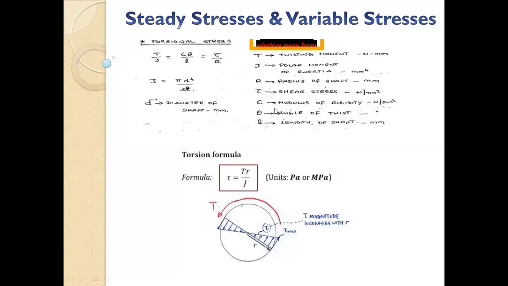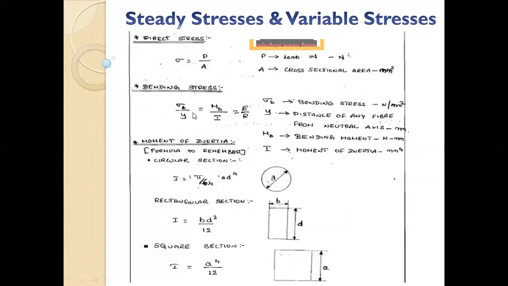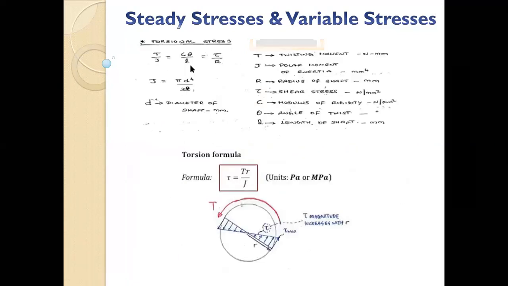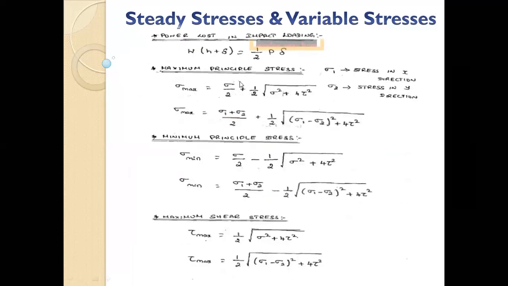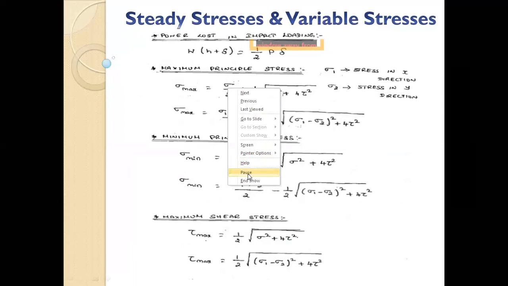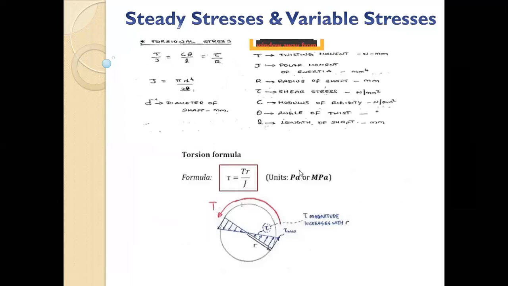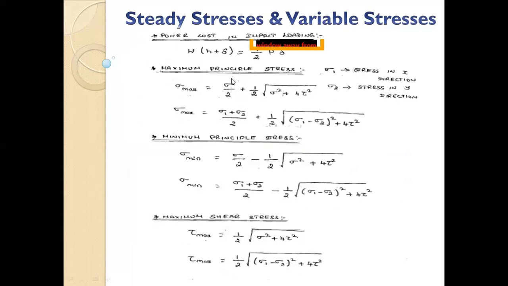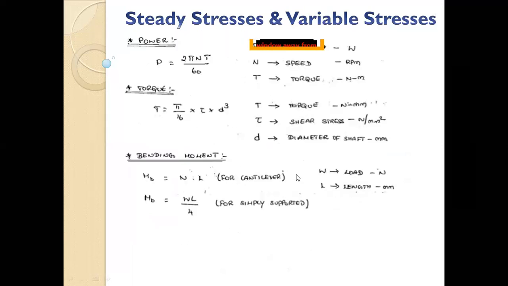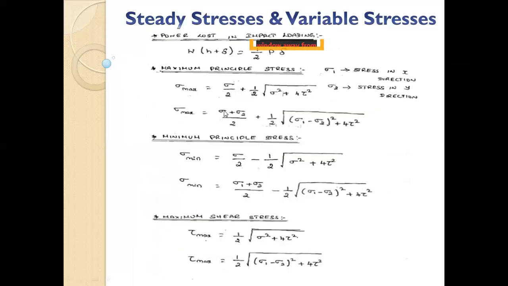Okay. So you just remember these two equations by heart. Bending equation M upon I is equal to sigma B upon Y is equal to E upon R. And for torsion equation, T upon J is equal to G theta by L is equal to tau by R. Just these two equations are very, very critical, and you have to keep those in mind all the time. Because the design we did, we took a little bit more time for that. So I will not be able to finish the minimum and maximum principal stresses, but I want to do it, and we will do it in the next lecture.